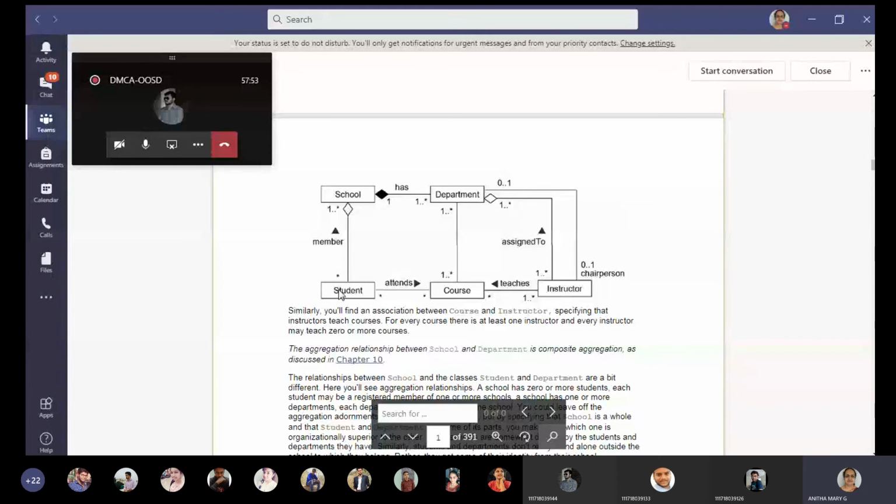And here, when we move on to the next one, student and course. What exactly is the student doing in this association? Student attends course. That's why we are giving a specific name, attends. The name for this association is attends, and also the direction. Only students will attend a course, and many students can attend many courses. Maybe one course in college, or one course outside.